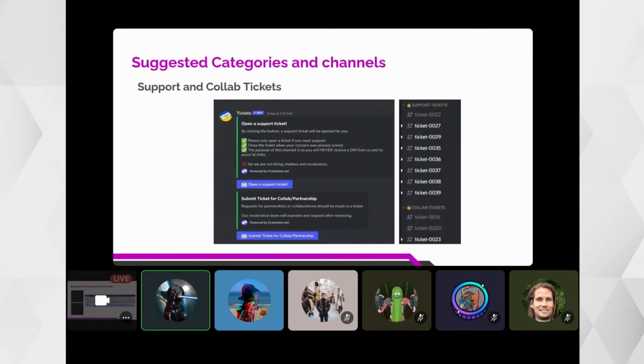And then here, support tickets. So usually I categorize the support tickets for NFT projects in two ways. So there's a support ticket made for people who are looking for support. Okay. And then some for collaborations and partnerships. So as a community manager,